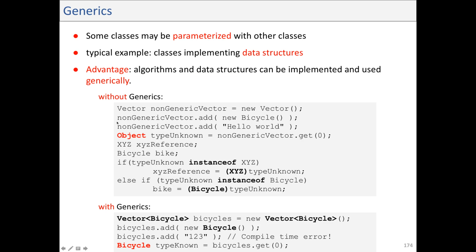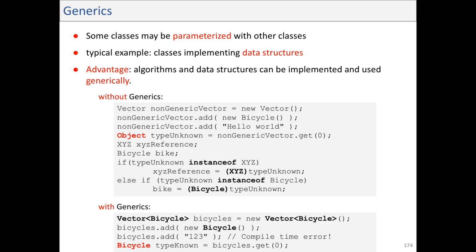Now I can happily store stuff in that non-generic vector. I can store a bicycle, I can add a string, I could add whatever I want, a little bee, right? I can stuff everything into my vector. So the first thing we see is, if a vector is not used with generics, it's more like a dark attic. You can throw in everything you want. So this is different to an array, of course, because the array we need to especially bind to a type,